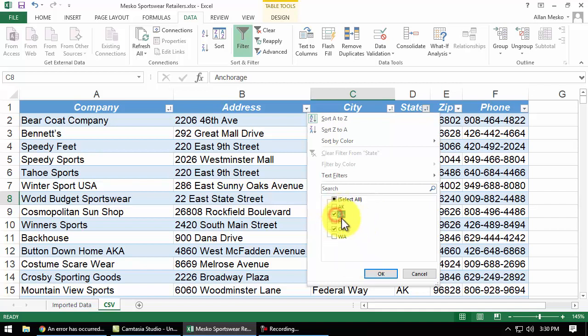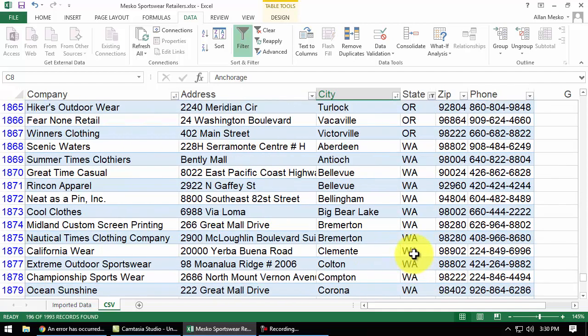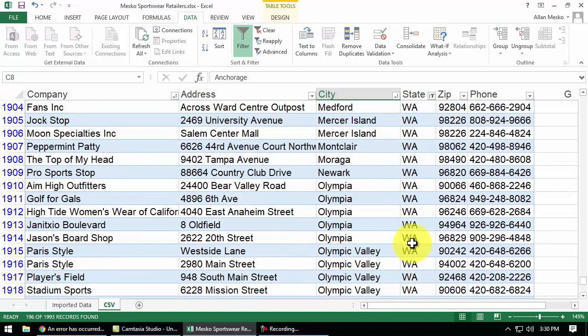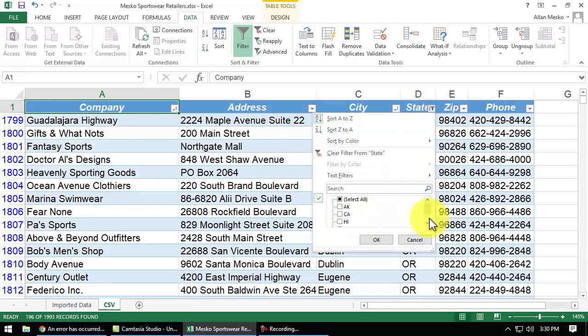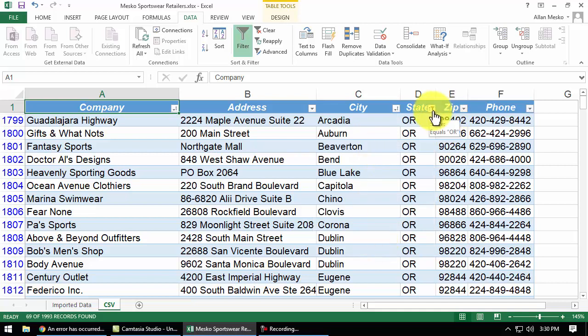and then select just Oregon. I could select Oregon and California, or Oregon and Washington. There's Oregon, there's Washington, but I don't want that. So I just want Oregon. Just as a reminder, when you filter, there are several things that alert you to the fact that you're filtered. Number 1, there's a filter icon on that arrow button. Number 2, in the status bar at the bottom it says you have 69 of